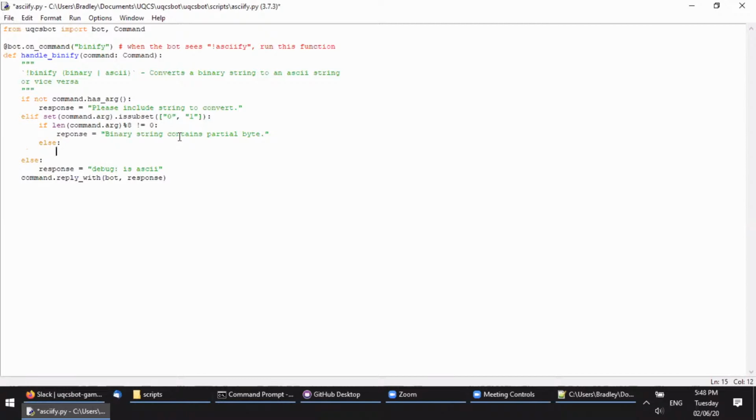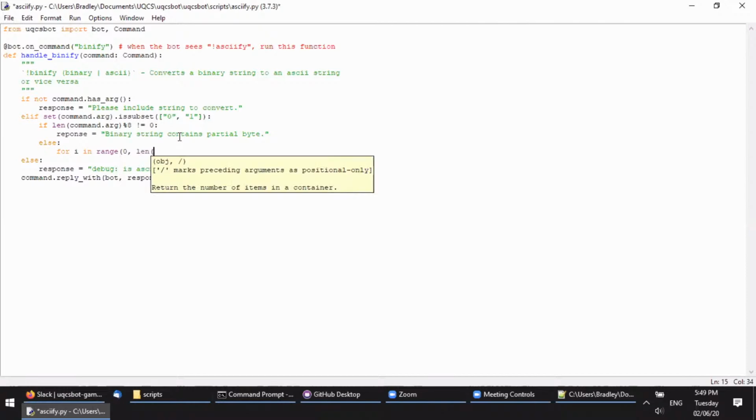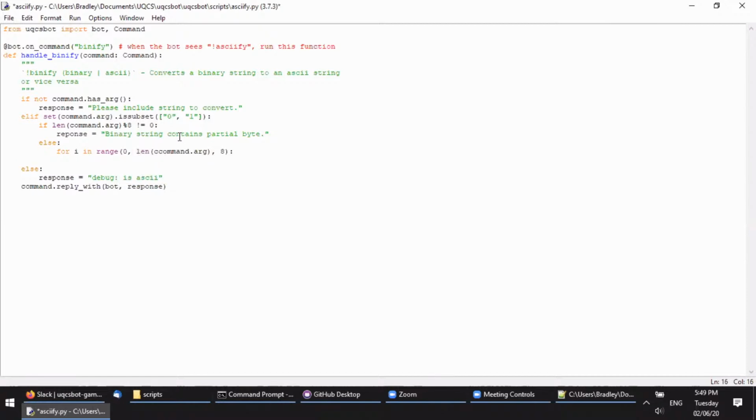Else, for i in range 0, lang, command.arg 8. We want a default response equals an empty response. And also all ASCII characters should be between 0 and 128. So if